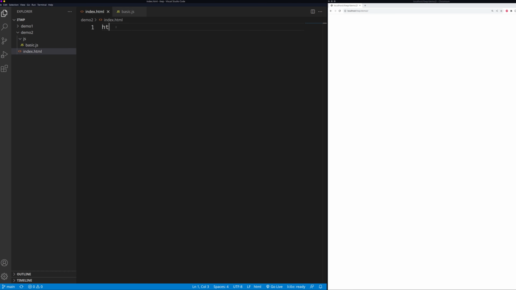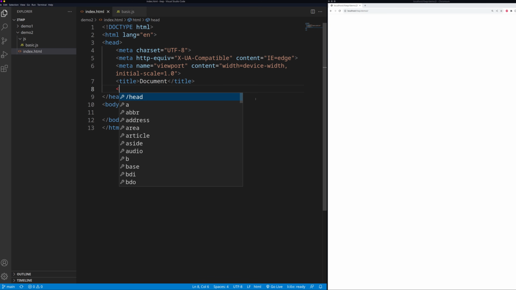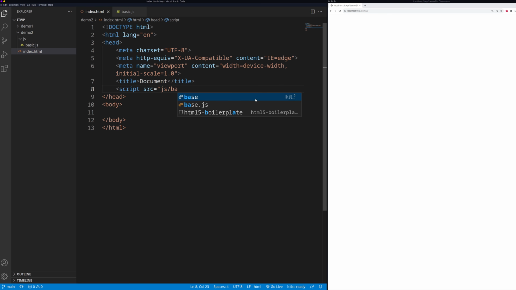So let's add here our HTML part and then link those JavaScript parts like this, and the source is basic.js like this. And now one way mentioned was this, that this script is loaded at the same time as